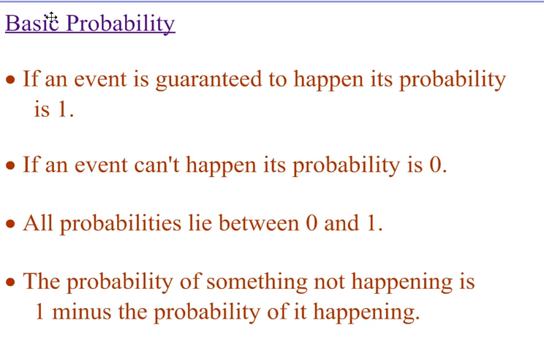In this lesson, we are going to review some basic probability concepts. To start, just as a reminder, if an event is guaranteed to happen, its probability is 1. Sometimes you'll think of that as 100%. A lot of times we can't guarantee most things, so you're not going to see that come up very often,